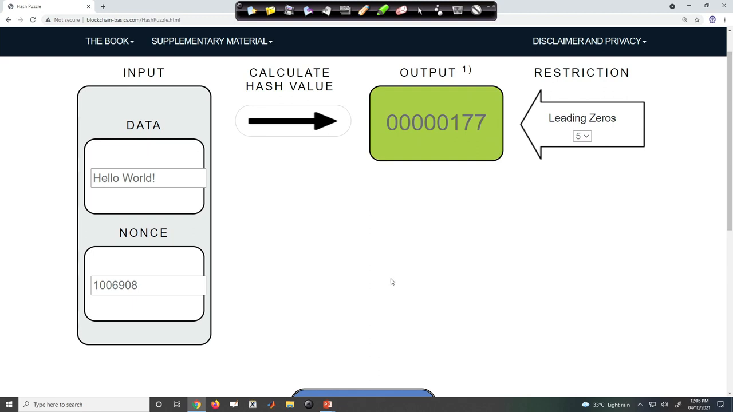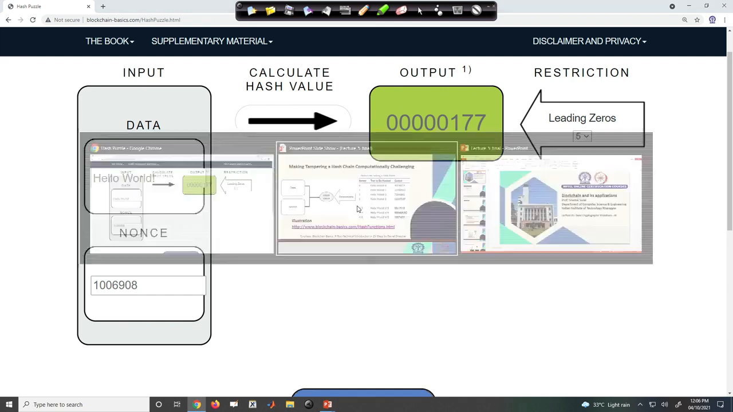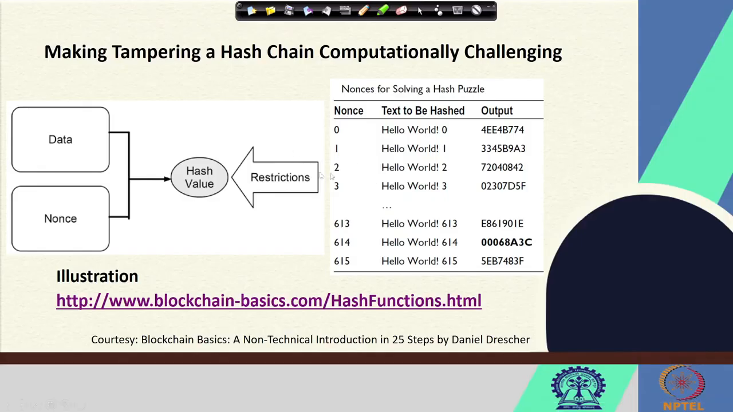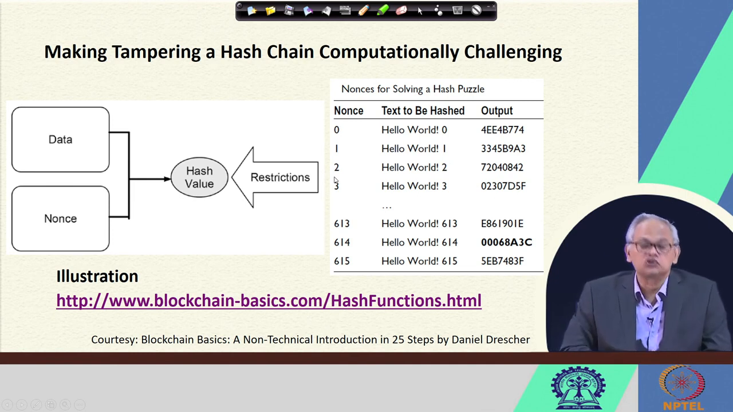You see that initially it was very fast with 1 leading zero, then a bit more with 2 leading zeros and so on. As I set 5 leading zeros, you see the nonce came up to be 1006908. So from 1 all the way to 1006908, one had to try to get to the solution, and as you put more and more leading zeros, it becomes more and more difficult. That is the point that we have been trying to make when we talk about this notion of restrictions